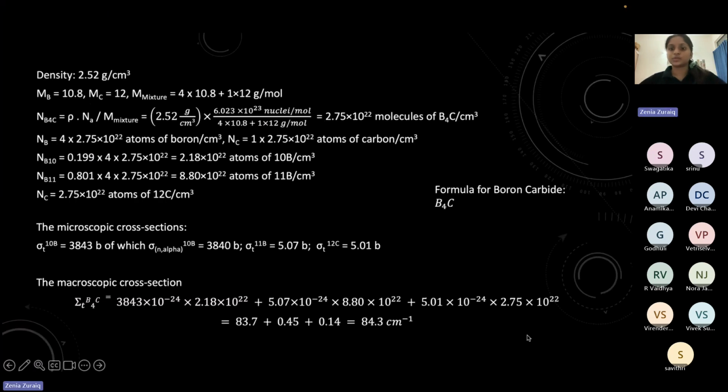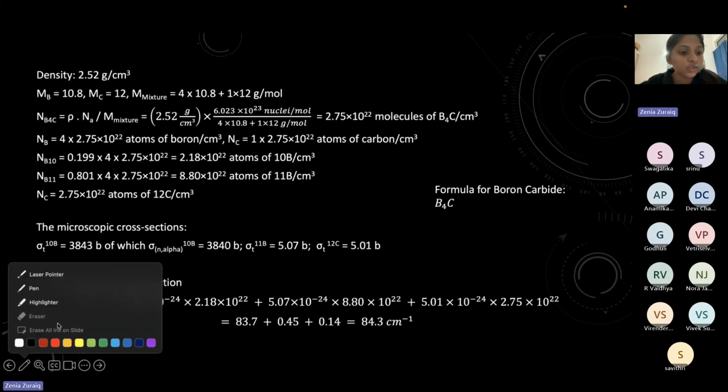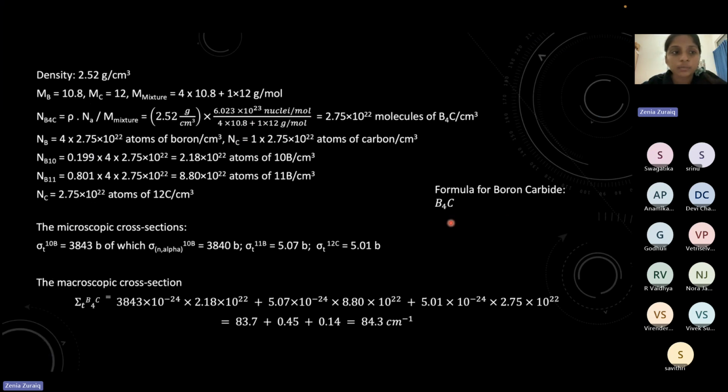Okay. So yeah, this is important. Based on this, I know that in boron carbide, I have four boron and one carbon. So this is basically the mass of the mixture, right? Now, if you want to find the number of atoms, you already know how to find it from